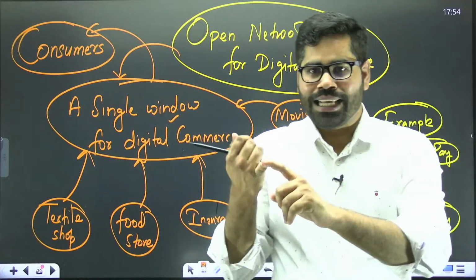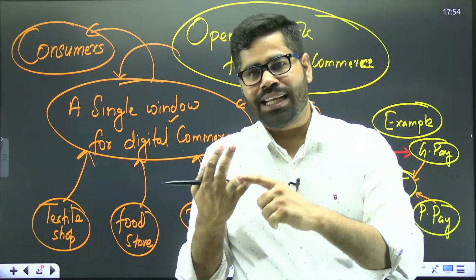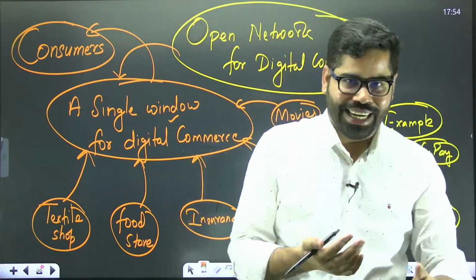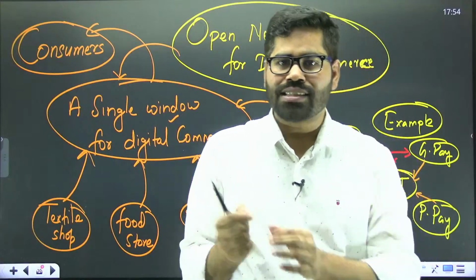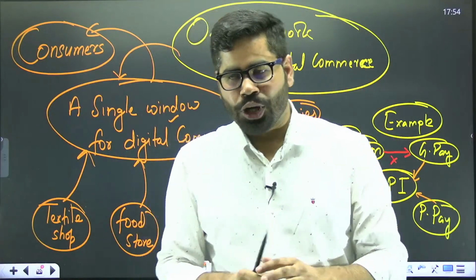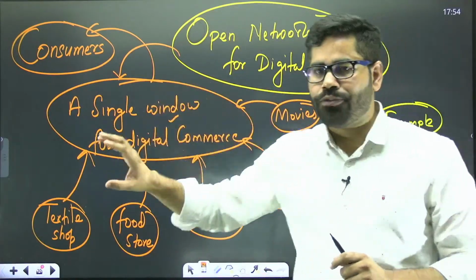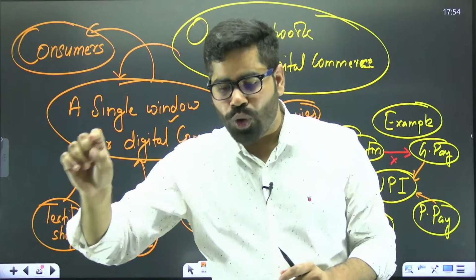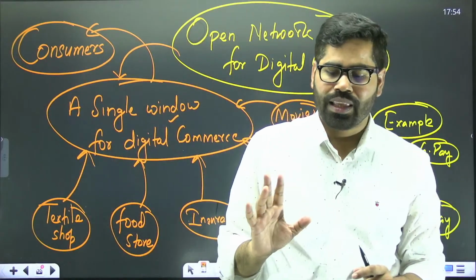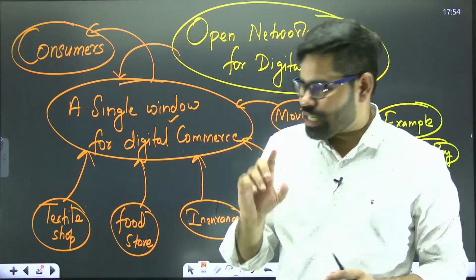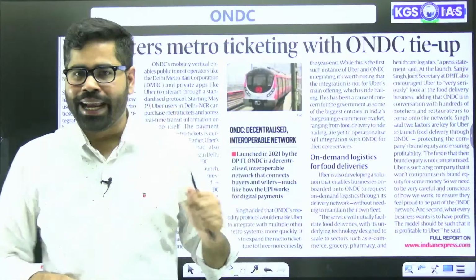Whether they are selling some food items, movies, tickets, insurance, or anything, using this digital commerce platform they can get connected to all the consumers. Okay. So just to give an example, here you can see Uber,